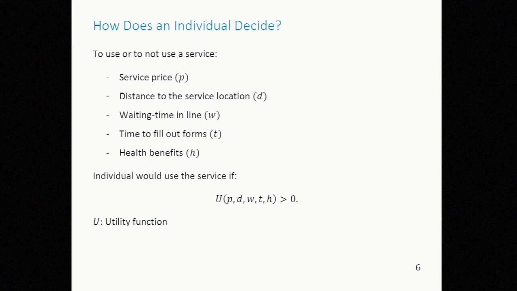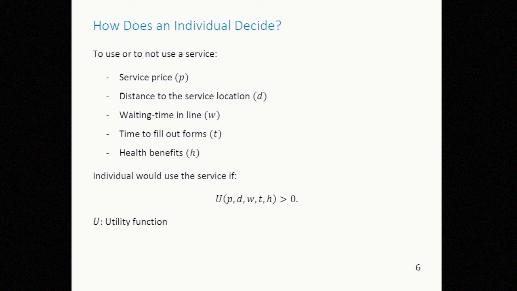So this all sounds good, but the main difficulty in using and developing this simulation model is that we need to know enough about the physics and the mechanics of the system that we are going to simulate. James talked about the utility theorem. That's essentially what a lot of people are using to capture the way that people are making decisions, in the context of ordeals, to decide about whether to use a service or not. That decision depends on maybe the service price, the distance to the service location, the waiting time in line, time to fill out the forms, and the health benefits.